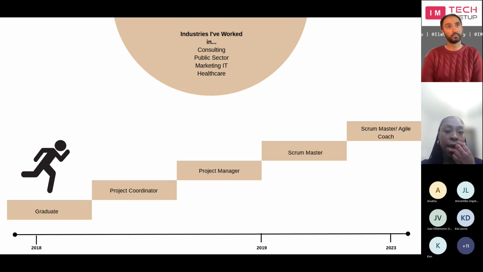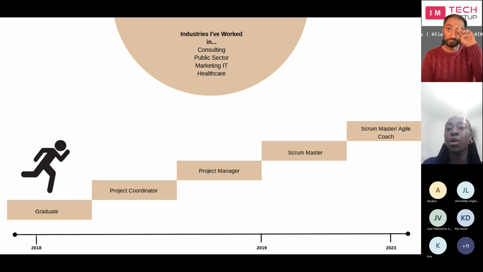So quickly, I noticed that this became a passion of mine, and I enjoyed working in that project agile delivery environment. And I was able to then get certified within these areas and was able to develop my skill set in seeing projects through end to end. I then went on working on various different projects, including digital change and transformation, product delivery, whilst also coming across